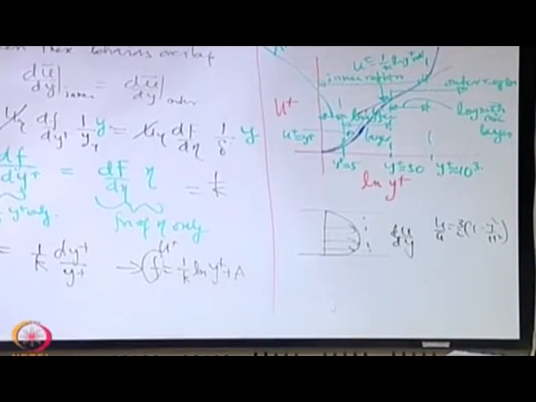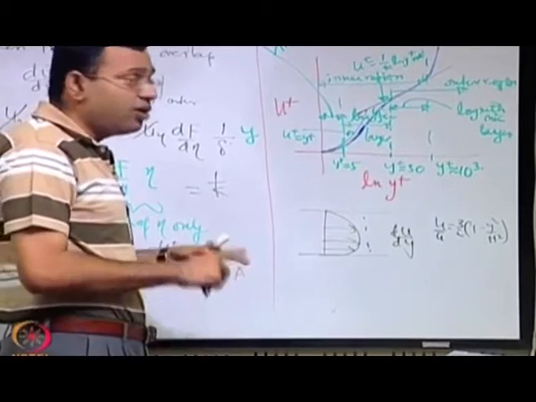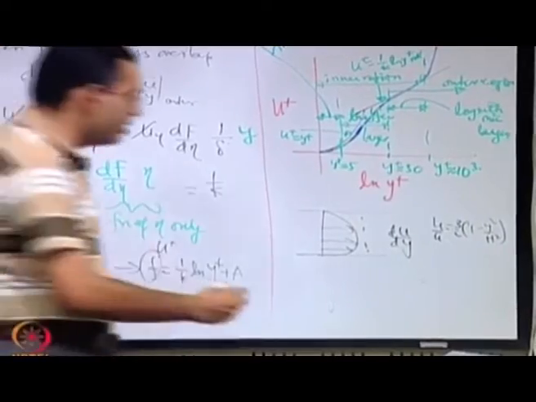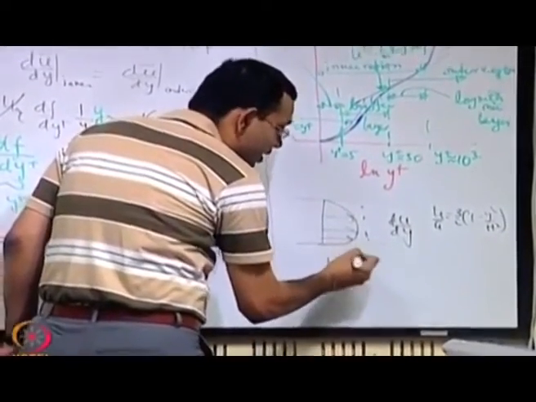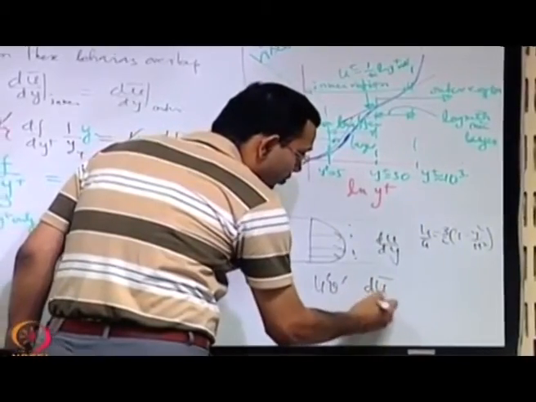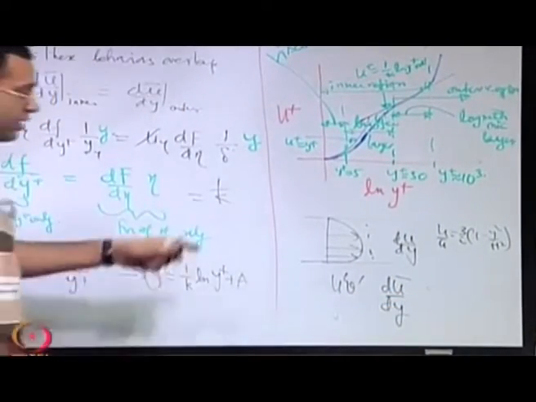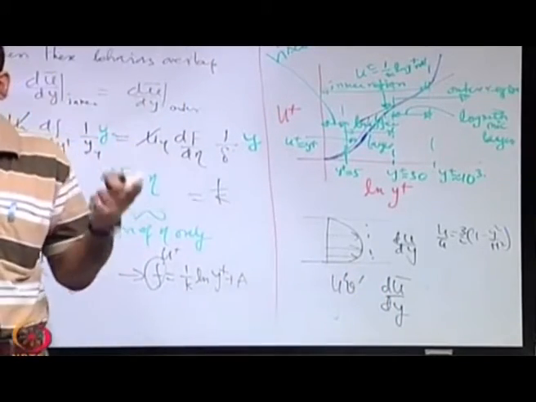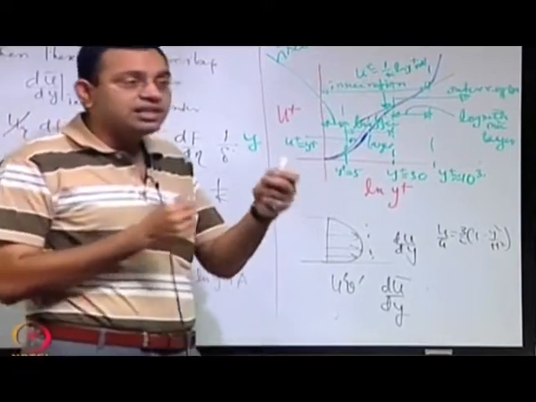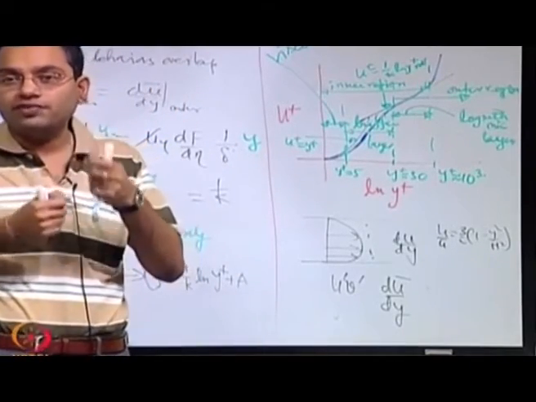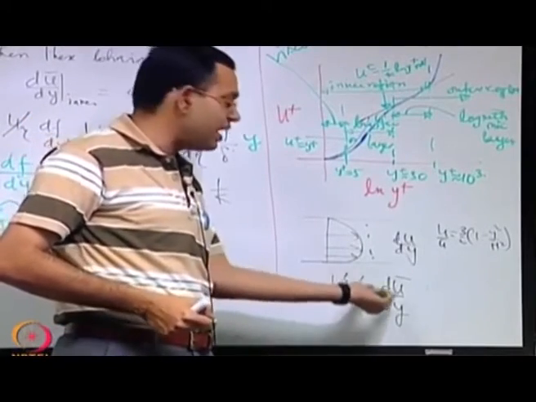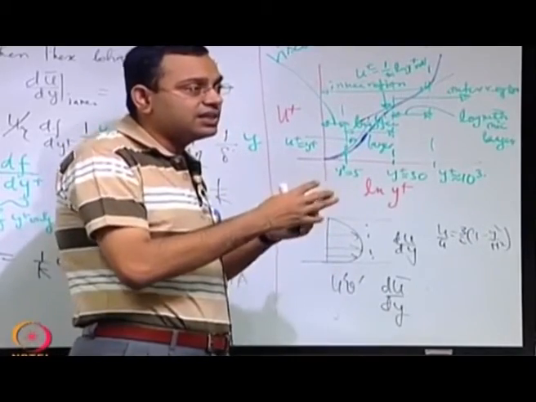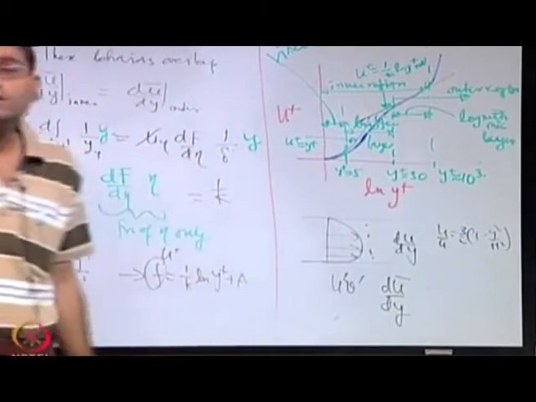But if it is there in a viscous flow, then what happens? Now there is an interesting interaction. There is an interaction between the fluctuating velocity components u prime, v prime and the shear in the mean flow, du/dy, and when the shear in the mean flow interacts with this one, that interaction is by the mechanism of viscosity. It is fundamentally like transfer of momentum between these fluctuating components and the mean gradient because of shear, and because of this exchange there is a production of sort of disturbance energy.